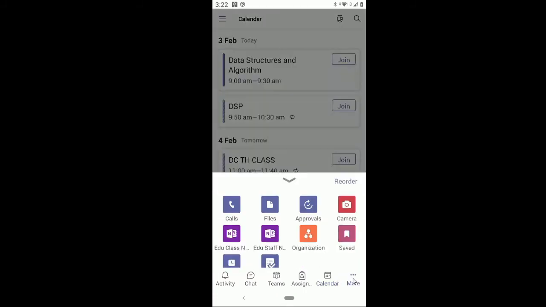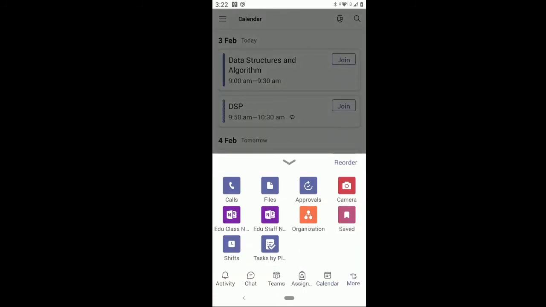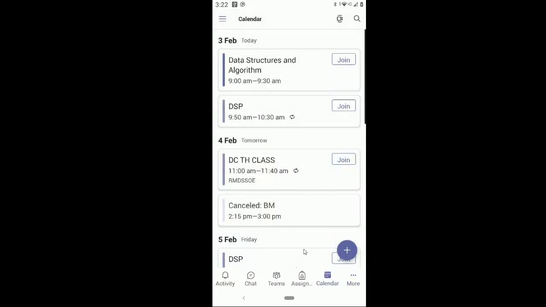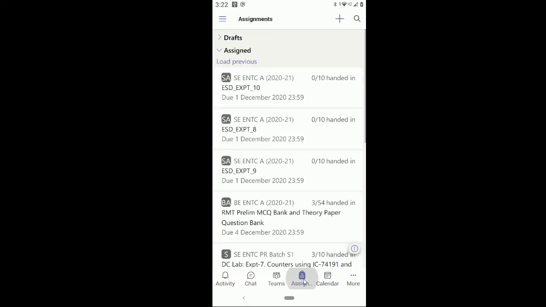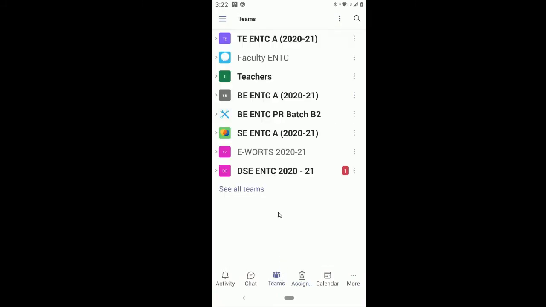We do have more options in the more tab. Probably you will not need them. The options you will be working with most of the time will be Teams, assignment and calendar. Calendar will be useful to join your classes, assignments will be useful to upload the assignments, and Teams will be useful to browse for your material.